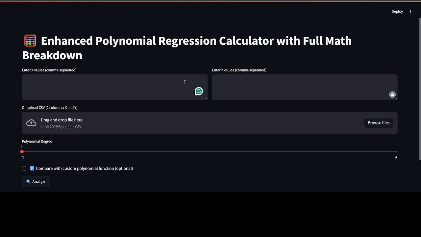What makes this different from a regular regression calculator is that it doesn't just give you an equation. It actually shows you how that equation is formed, from matrix creation to solving for the coefficients, with all the calculations visible. For today's demonstration, I'll be using a simple data set where the x values range from 1, 2,